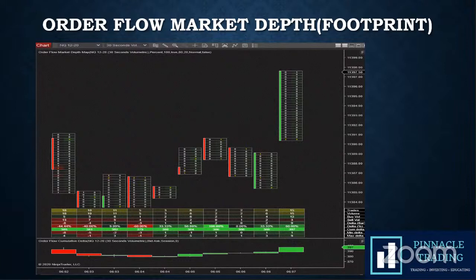And when you learn how to use this effectively, you can load it on any futures contract. On stocks, it's usable as well. It works a little bit different on stocks. It's not quite like looking at level 2, for those of you that are stock traders. It's a little bit different because it's really just looking at each candle. So in this case, I'm looking at a 30-second candle, and within each of those candles, there's not a lot